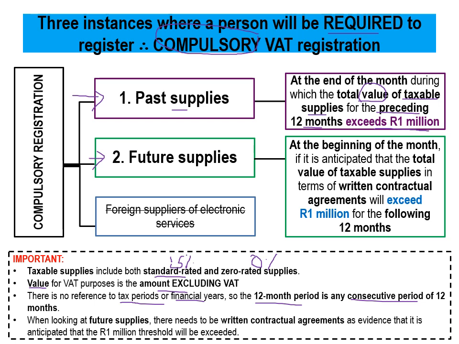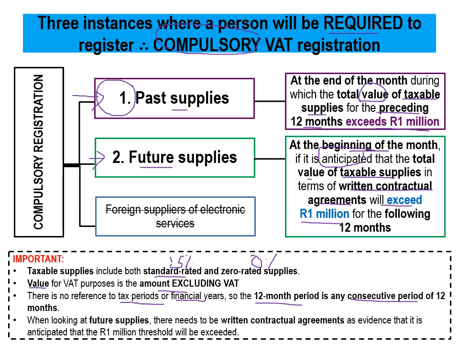We also have future supplies. So the first instance is we look at past supplies. We look towards the past. We look back. Future supplies means we're going to look forward. We look towards the future. And you will be obliged to register for VAT at the beginning of the month if it is anticipated that the total value of taxable supplies in terms of written contractual agreements will exceed 1 million rand for the following